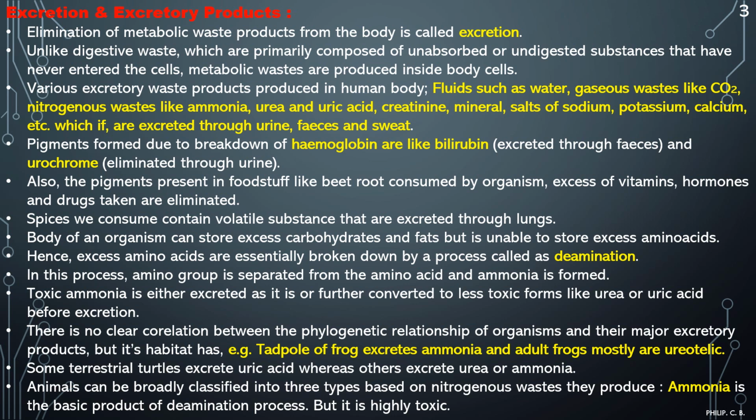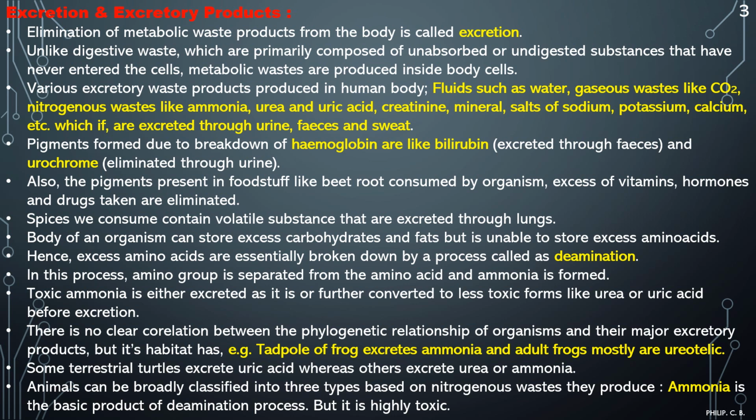There is no clear correlation between the phylogenetic relationship of organisms and the major excretory products, that is, its habitat has. Now here when you mention phylogenetic relationship, that is the evolutionary relationship, that doesn't give a clear relationship between the excretory products and the species, because from species to species or within the species, there are differences, but the species where it is present, the habitat, the surrounding environment, accordingly they excrete